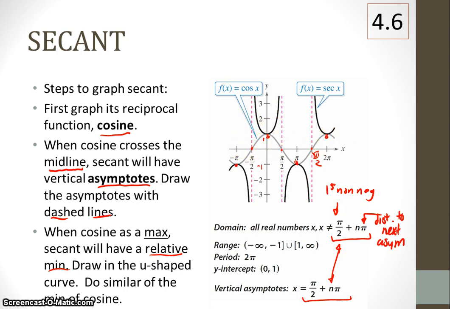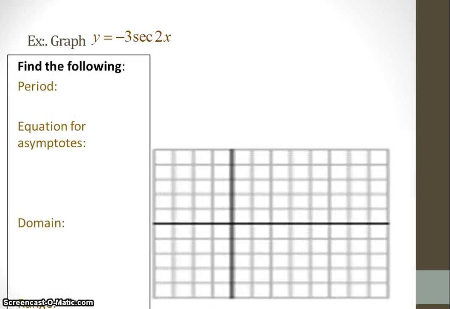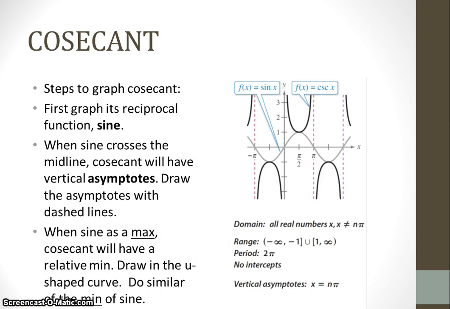Okay, let's go ahead and graph the first problem. So the first problem says to graph a negative secant function. So to do this, the first step is to find all the information about the cosine. So we know that it's a negative cosine function, and negative cosine functions